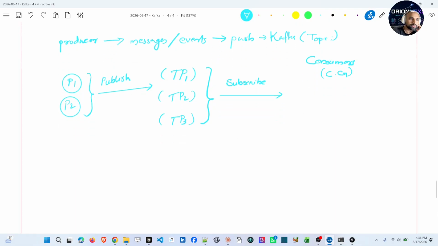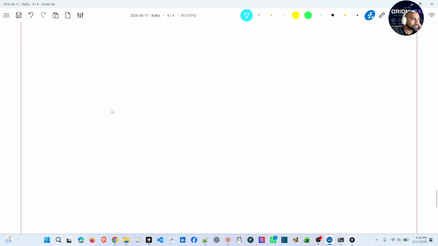Let's go ahead and see what the architecture of Kafka is. In the architecture we have producers, then the Kafka cluster, then we have consumers. Producers P1, P2, P3.